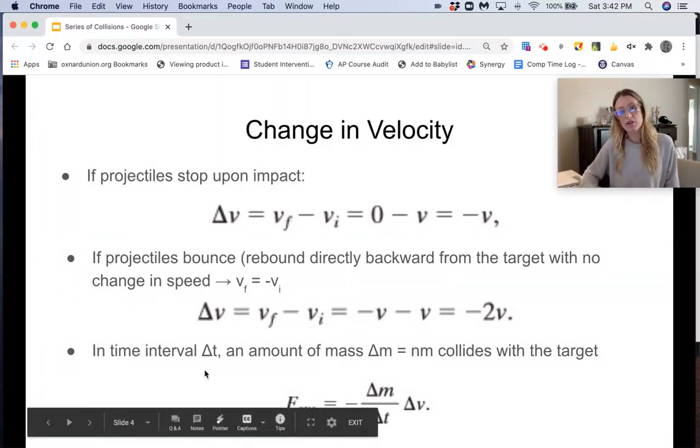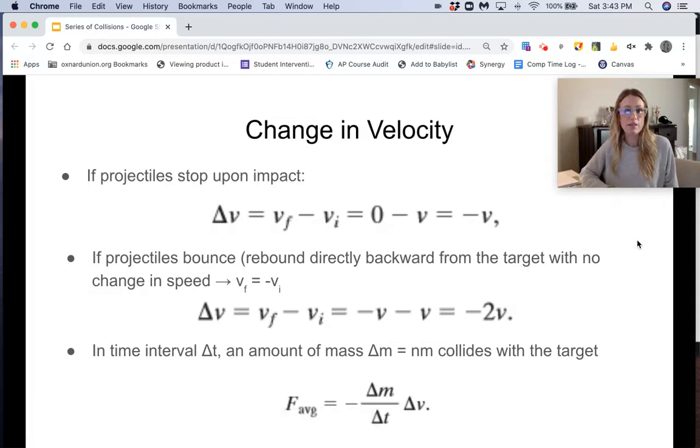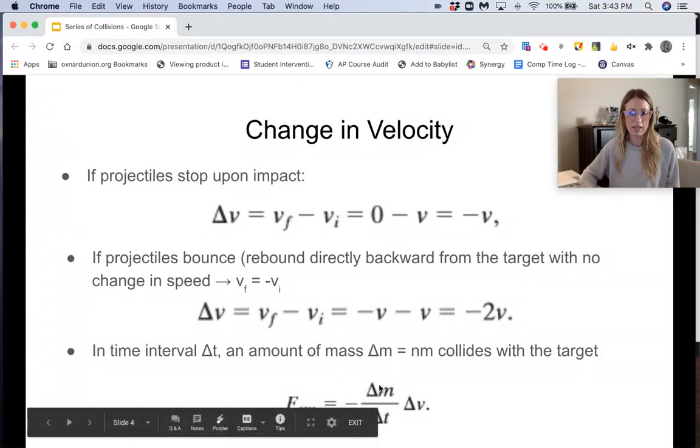Now, in the time interval delta t, an amount of mass, which we can call delta m, can be equal to N times m, the number of particles times the mass of each particle. And those are what is colliding with the target. So we can just put that in place for N up here, because we had N here and then we had m here. So N times m will just be equal to delta